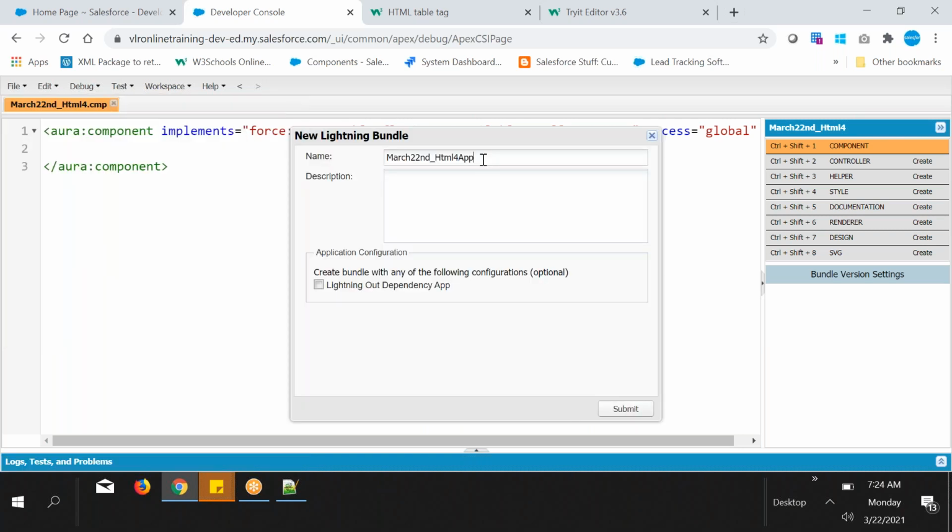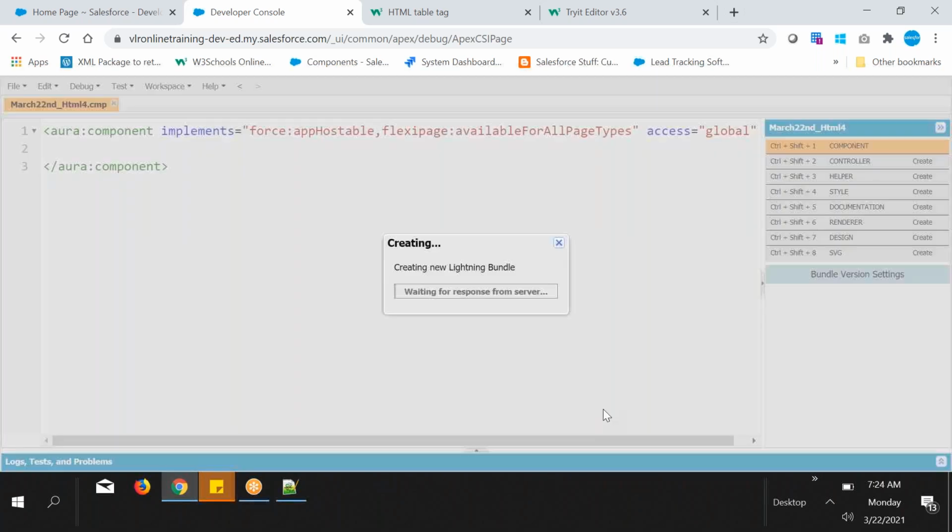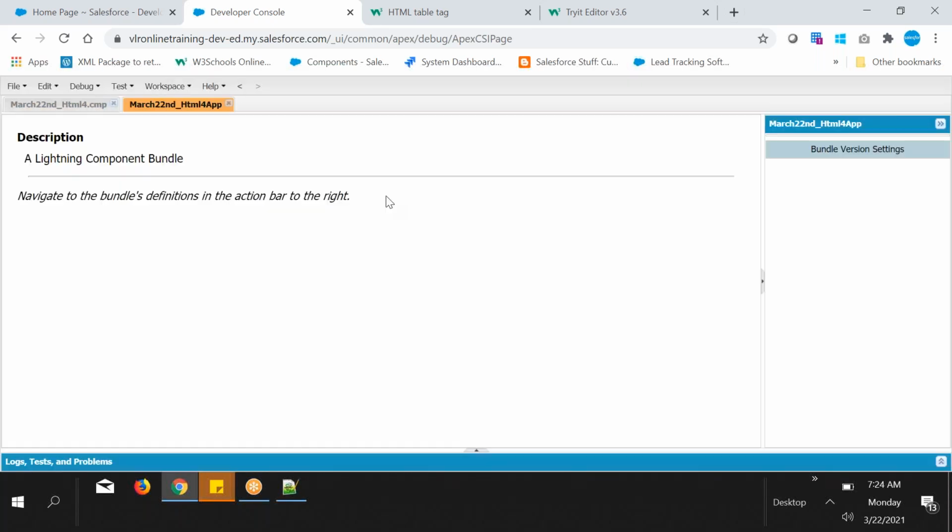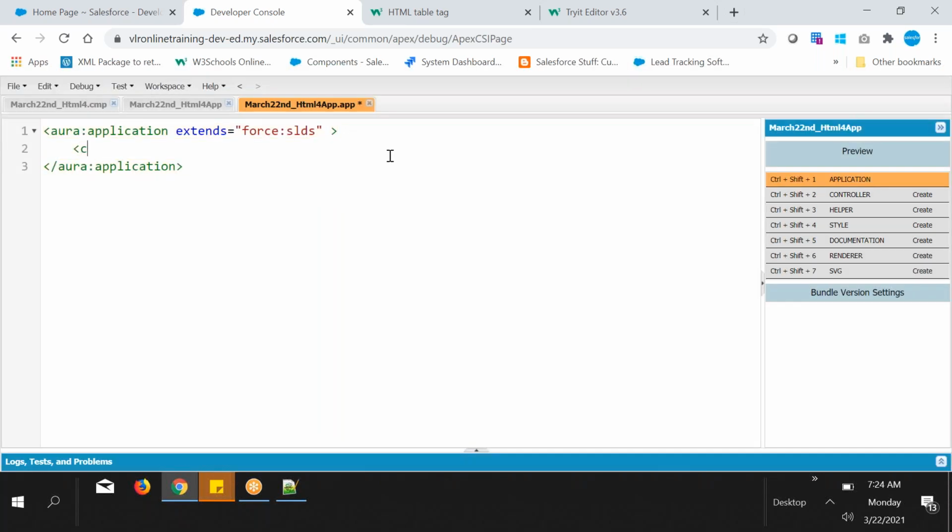Keep this Aura component inside of the application. Okay, how? c colon and the component name, right? March 22nd. Save it. Okay, preview it.